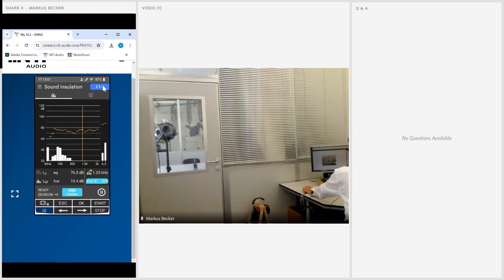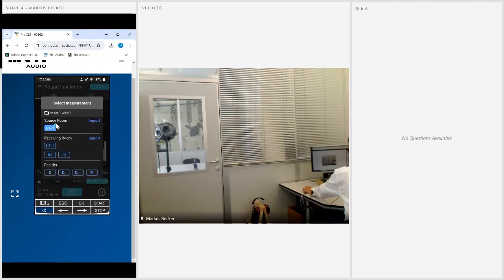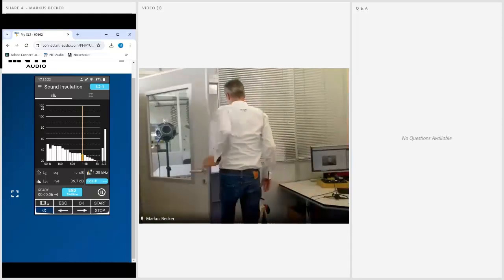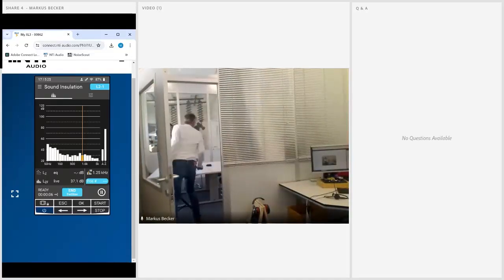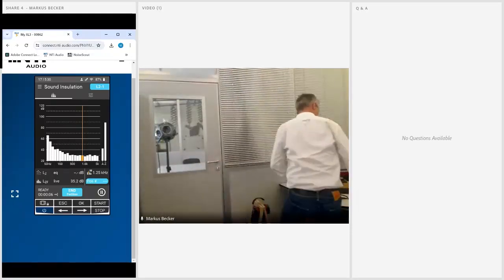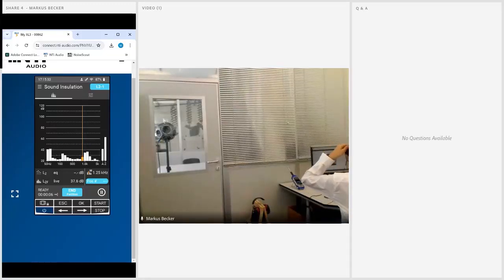So we click on here, we can see, well, 1 measurement has been executed. If I would repeat the measurement, it would count up 2, 3, 4, and so on and so forth. But I will make it short. I go over to the next measurement, the level in the receiving room. And for that purpose, of course, I have to bring my XL3 back to this room. Doing the same as before, start the dodecahedron and then the measurement.